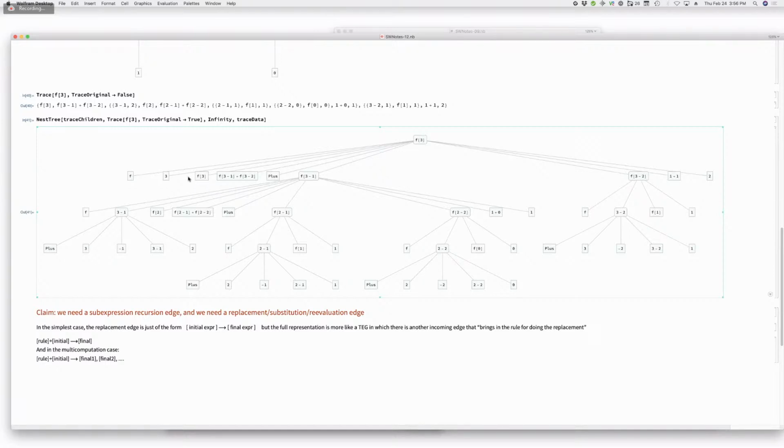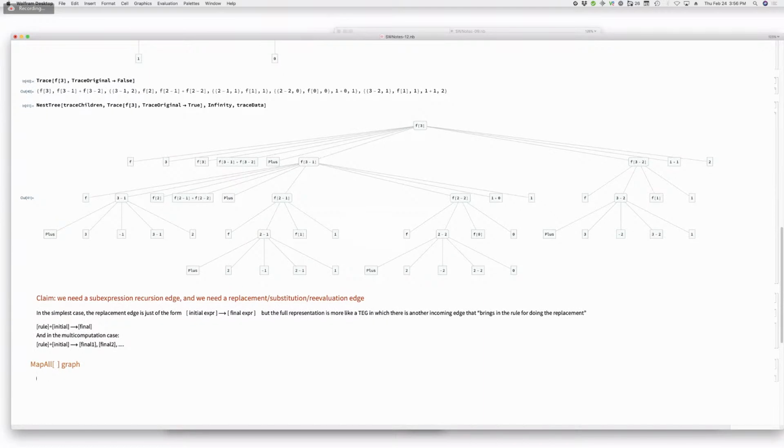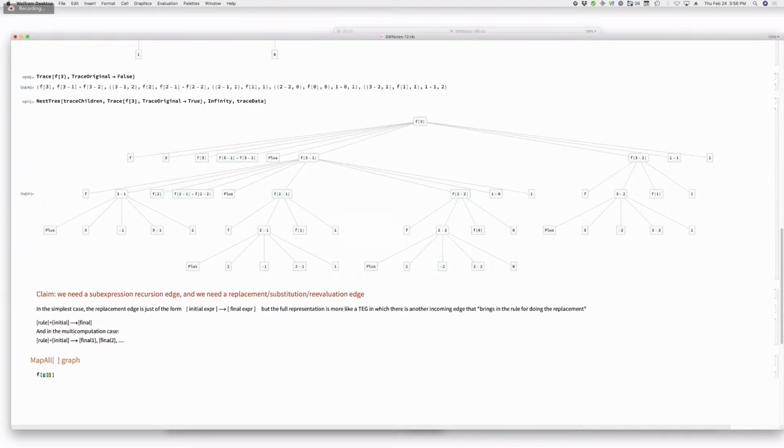What I would expect is, okay, so let's see if we can draw the graph that corresponds to the map. What I would call the map all graph, okay? So what does that mean? That means a graph where we have an expression. Let's say we've got f of g of x, g of y, comma g of x, whatever. I don't know. We add in some other things just for fun here. f of g of y, whatever.